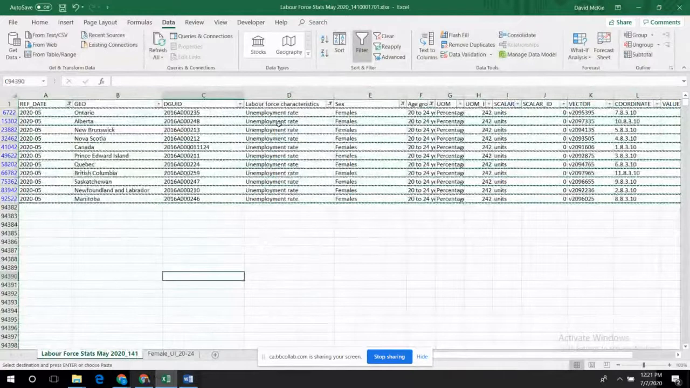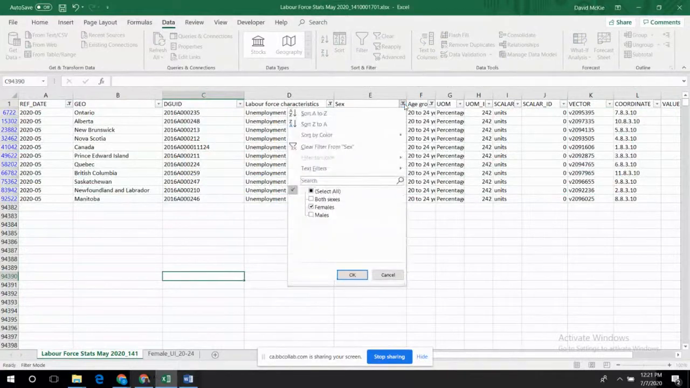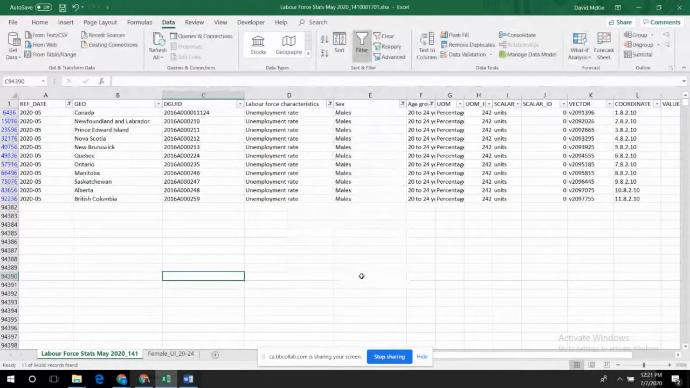And then if I want to get rid of these marching ants, which is the way that Excel tells you that it has copied something, I can just click outside the table and just hit my space bar. So let's say instead of females, I wanted to do males. Oh, that's kind of interesting. And then I can copy this,